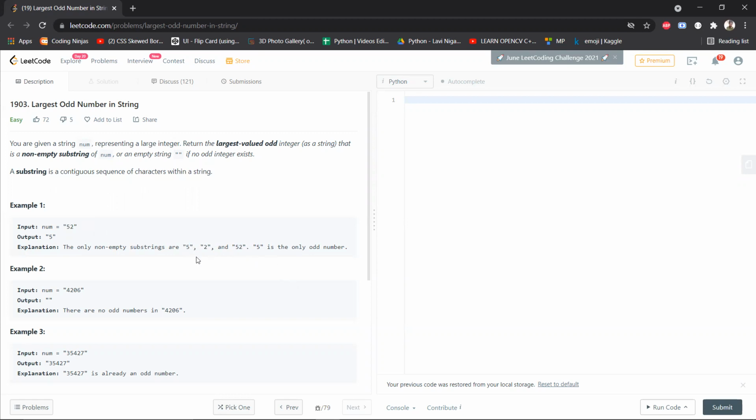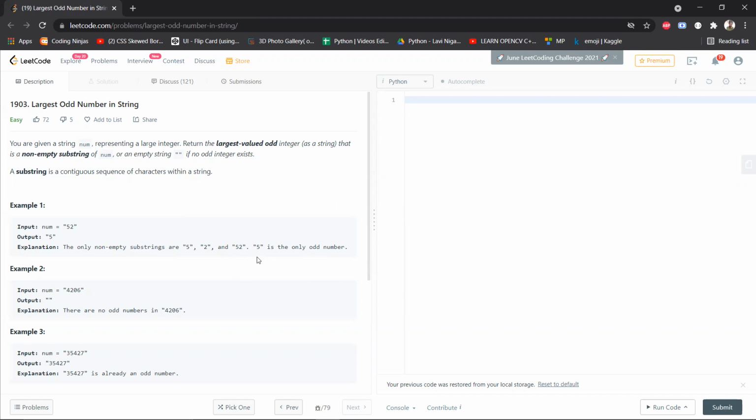Among these substrings, we only worry about the odd substrings, and we have to return the largest valued odd substring as a string. The comparison you make is in the form of integers, like 5 is greater than 2, 52 is greater than 2 and 5, but you'll return it in the form of a string.